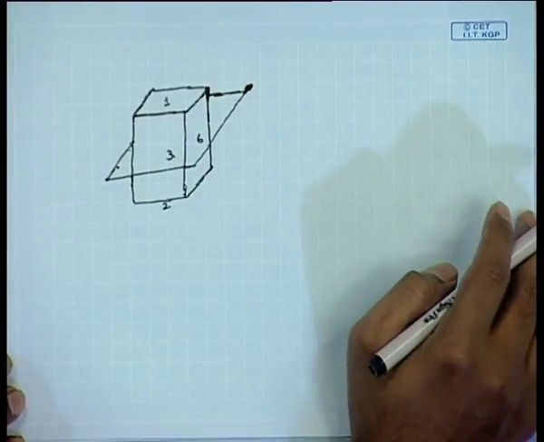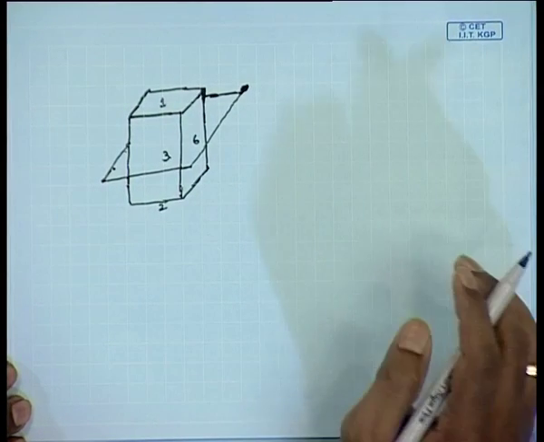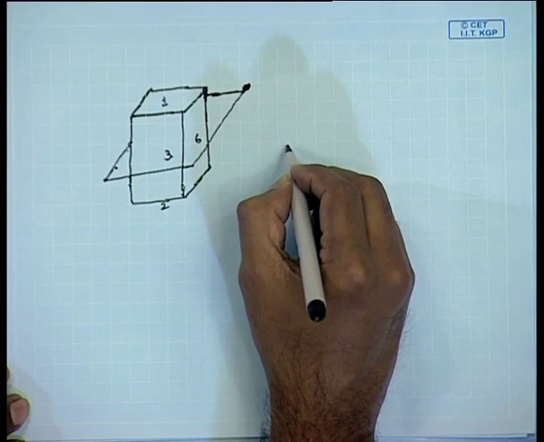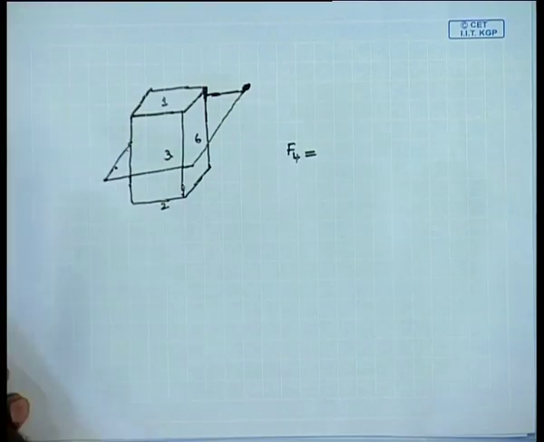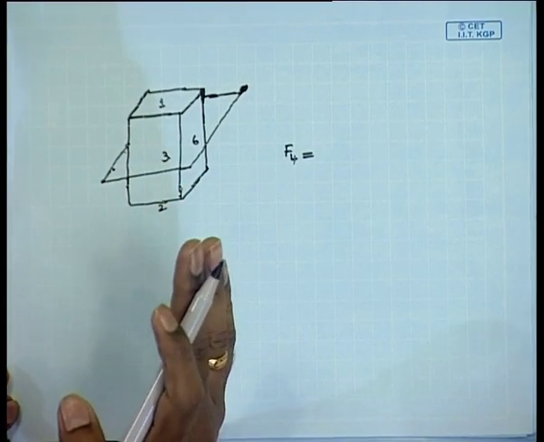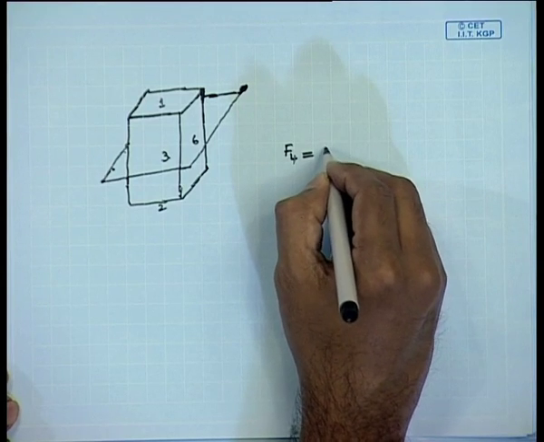So, the body lies like this. Now, you know that as per the physics, all these faces will experience a force. They will experience a pressure due to the liquid, but they will also experience a force. Now, for example, the fourth side, the face opposite to 6 is 4. So, F4 will be equal to